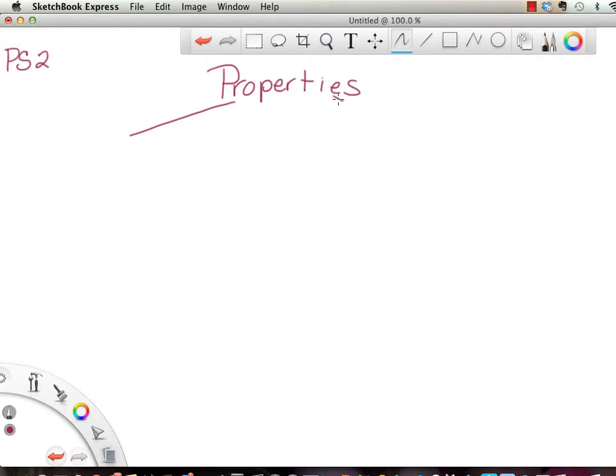You have physical properties and chemical properties. So we'll put physical on this side, and we'll put chemical on this side. Okay, the physical properties are the things that can physically be done to an object without actually changing its chemical composition. So some of the physical properties we have are going to be shape,